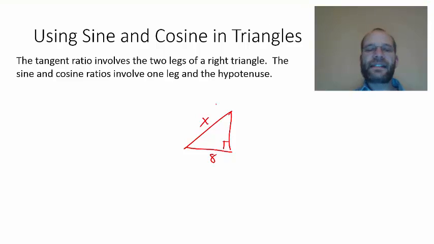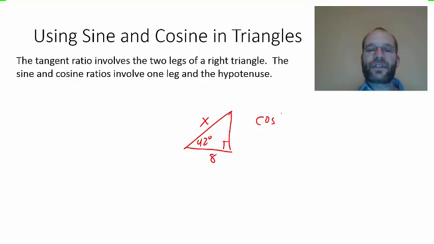Suppose we need to find x here, and we know that this is 42 degrees. How do we solve this problem? The very first thing we need to do is determine which ratio we will use. Well, with respect to this 42-degree angle, we know the adjacent side is 8 and the hypotenuse is the unknown x. So we use cosine since cosine relates